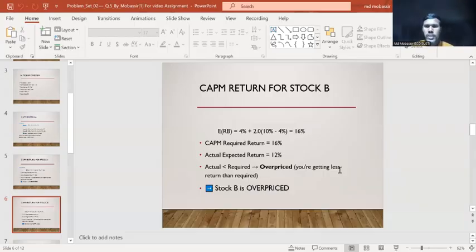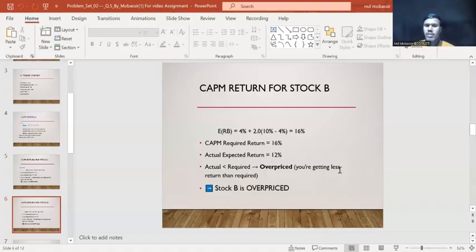Substituting the values of stock B into the CAPM formula, we get that the required CAPM return is 16% for stock B. And the actual expected return for stock B is 12%, which is given in the question. Now we can make a decision that